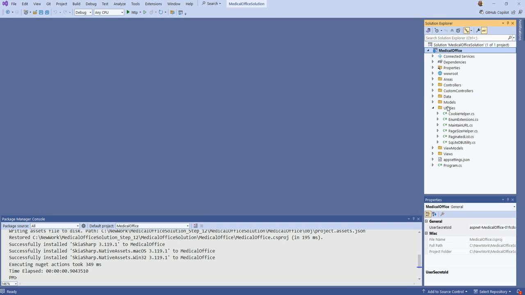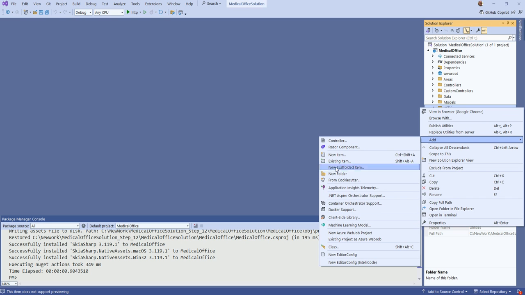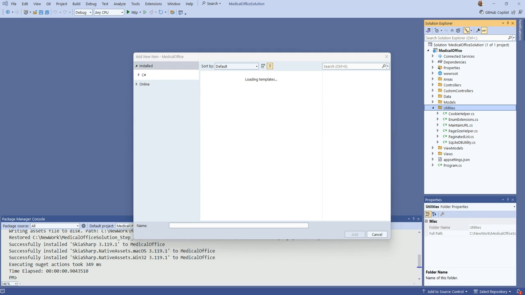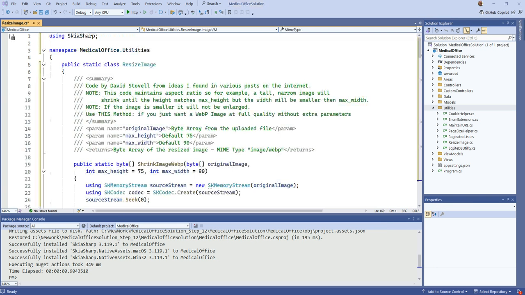So I'll just add the class, right? Click. We'll add our class here, our little utility for resizing the image itself. So it's going to be my resize image class. And there we go, a quick copy paste out of my attached text file, and we have our class in place. Now, as I say here, I kind of put this together from various ideas I found in different spots